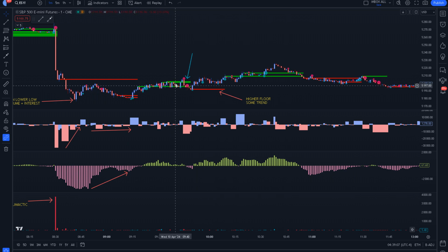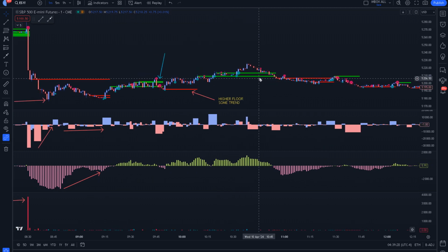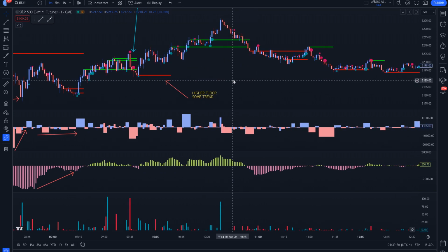But as we can see that the lines are showing us this, right? The squeeze here caused price to go up. The squeeze here caused price to go horizontal. The higher floor suggests that we're in some kind of uptrend, even though it's not that strong, and price kind of inches up slowly. And so